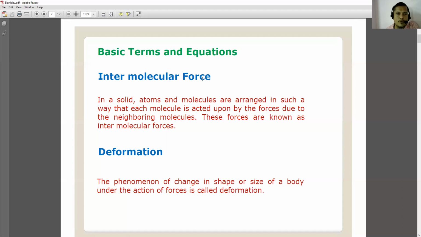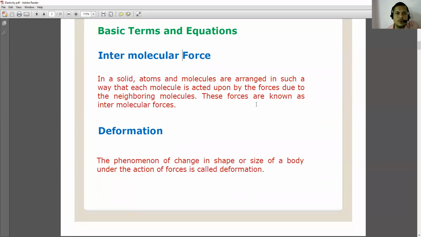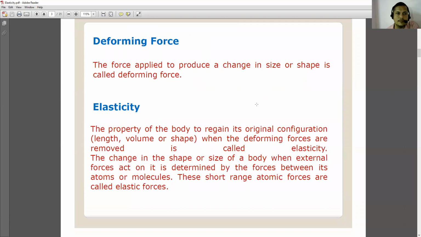So first is intermolecular force and second is deformation. Let us go for the next terms. Next are the deforming force and elasticity. Let us check what is meant by deforming force. The force applied to produce a change in size or shape is called a